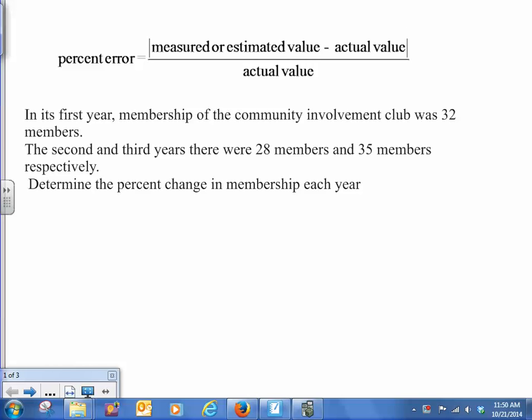Okay, today we're going to talk about the last section out of the chapter here, and it's pretty easy. It can be a little complicated, but for the most part, it's piggybacking off of what we already know. This section is talking about percent change. Okay, so the easiest thing to think of is